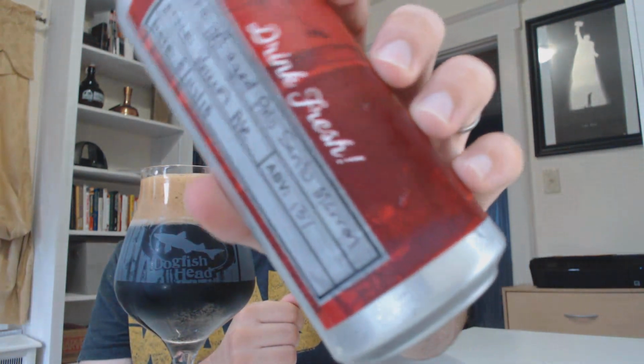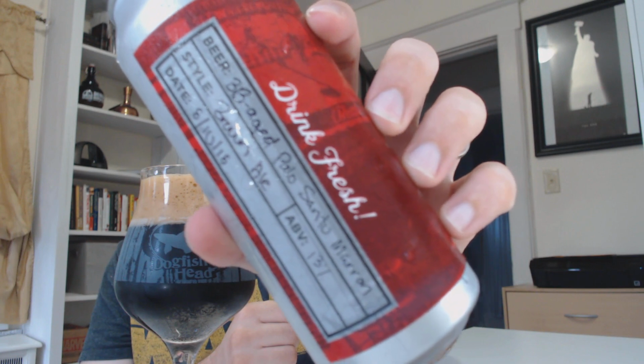I love this glass, but it does make it a little harder to tell about the color. But again, they're not lying to you. Bourbon barrel aged Palo Santo from Albany. Give them some free publicity, clean up my mess a little bit. All right, so just under 2 fingers of head,